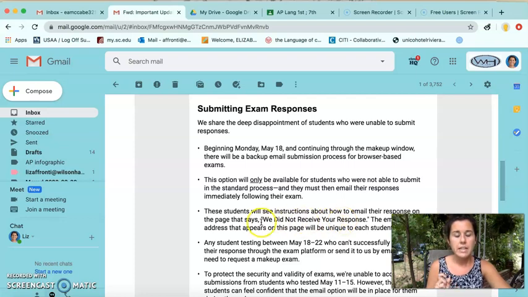Once you click submit, and again, I haven't taken that, I don't really know how it works, it probably will tell you, okay, great, we've received your submission. If you get a screen that tells you that they did not receive your response, then they will give you an email address on that screen for you to send your response to, but you have to do that right away, immediately after you take the exam.